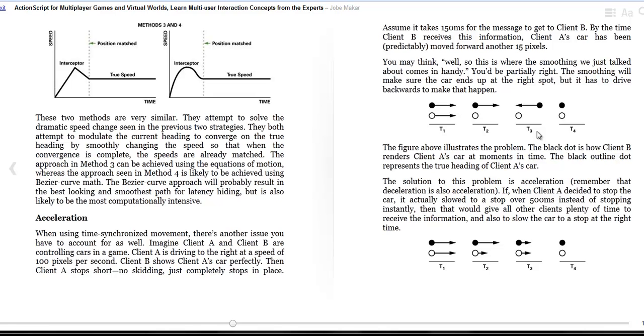The solution to this problem is to apply acceleration. If we do not allow client A's car to stop immediately, but rather smoothly decelerate from its speed to the speed of 0, we will be able to adopt that deceleration process until the client reaches the correct